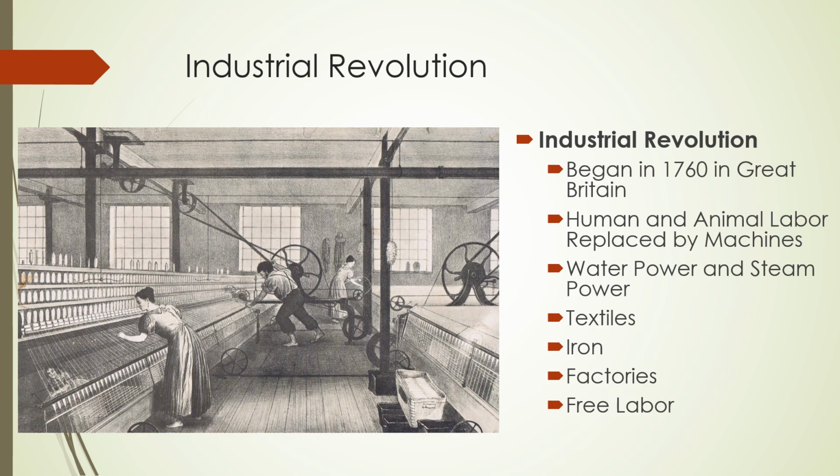Now, obviously, all of that's not going to happen overnight. There will be phases to it. You invent one machine that does one task, everything else still done by hand. And then you find another machine that can do another part of the task, and everything else is done by hand, right? Now, the Industrial Revolution begins in Great Britain in 1760.